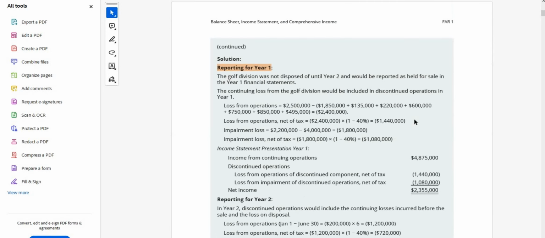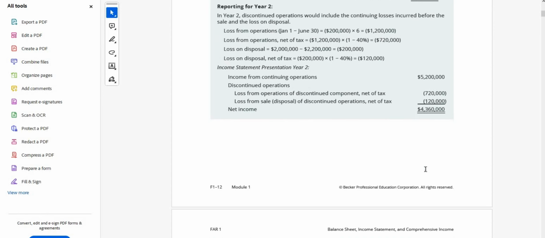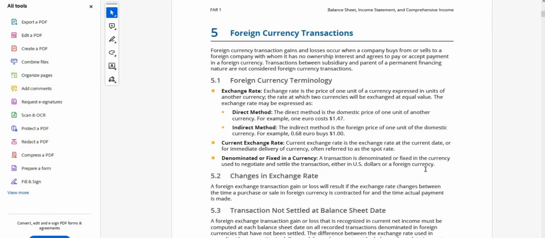In year 2, from income from continuing operation and discontinuing operation, there is a loss of 7,20,000 and a loss from disposal of 1,20,000, which stands to net income of 43,60,000 in year 2. Then foreign currency transactions,